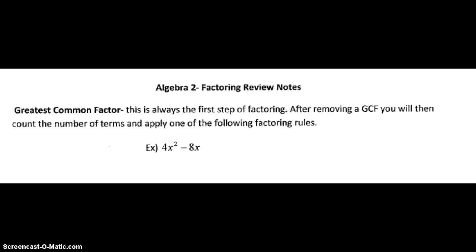Once you find the greatest common factor between the terms, you will use the distributive property to remove that factor and write what's left in the parentheses. In the problem 4x squared minus 8x, I want to try to find a factor that goes into both 4x squared and into 8x. So the greatest common factor that goes into both of those is 4x. So if I remove 4x